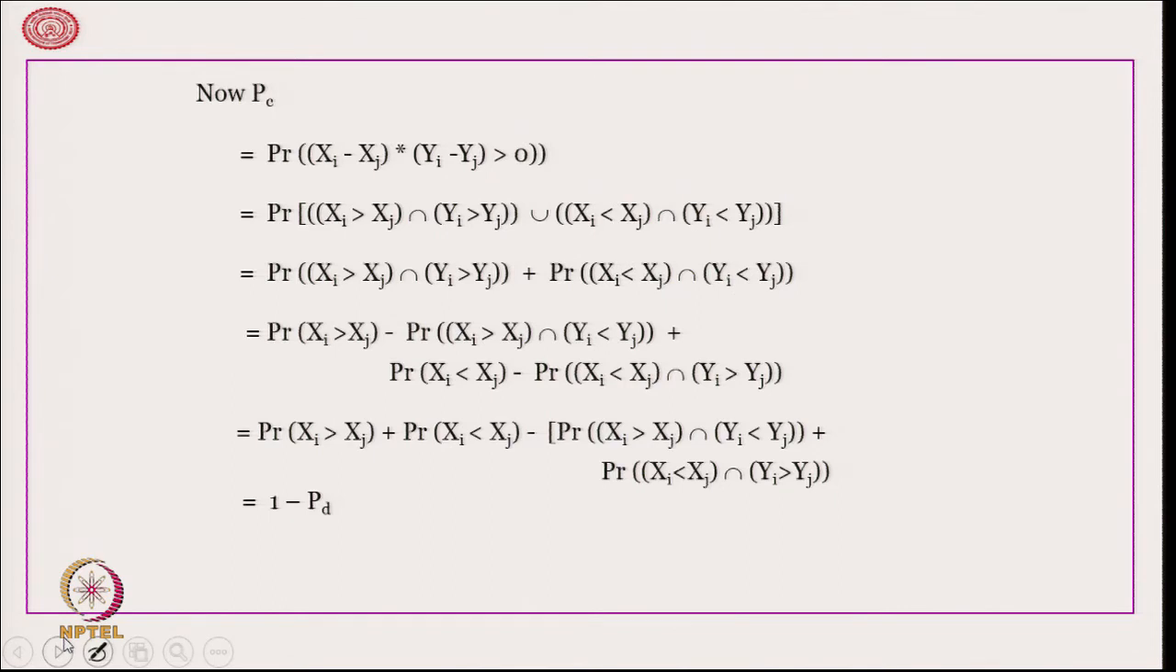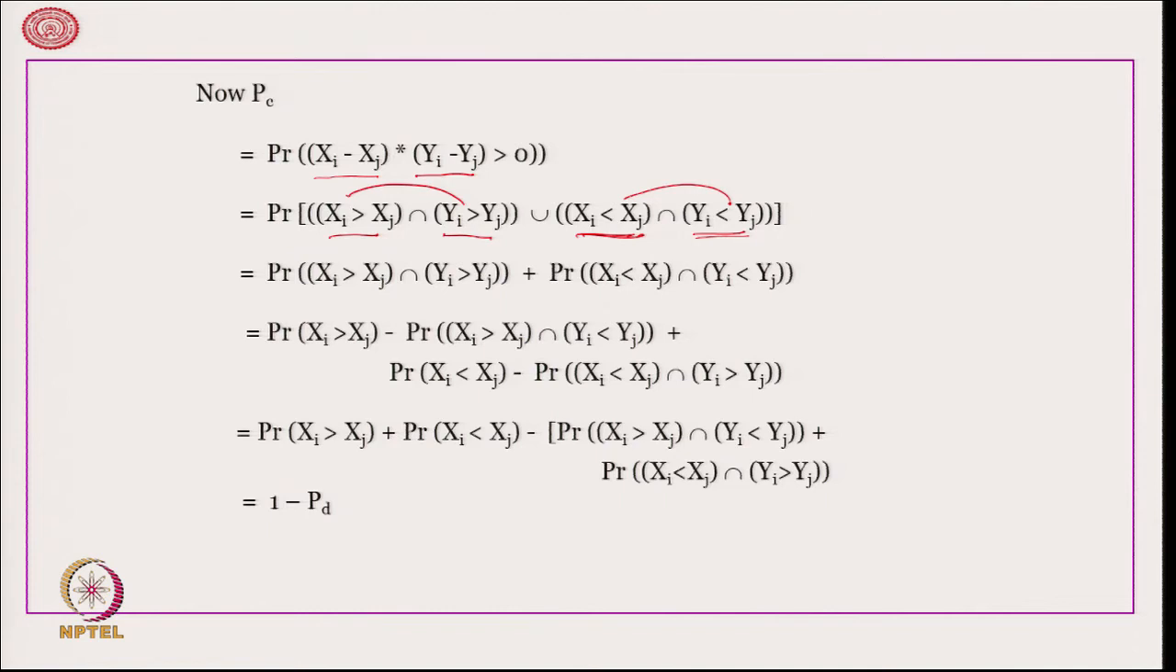Therefore, it is the probability that (x_i − x_j) multiplied by (y_i − y_j) is greater than 0. That means it is the probability that x_i is greater than x_j and y_i is greater than y_j, union x_i is less than x_j and y_i is less than y_j. That means both of them will give positive or both of them will give negative values,